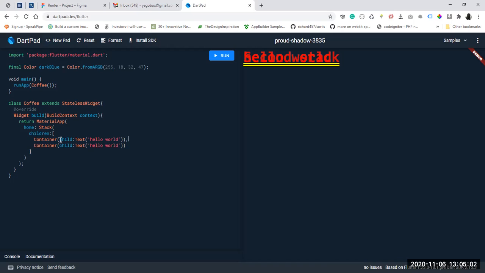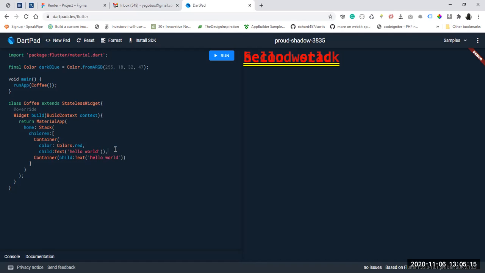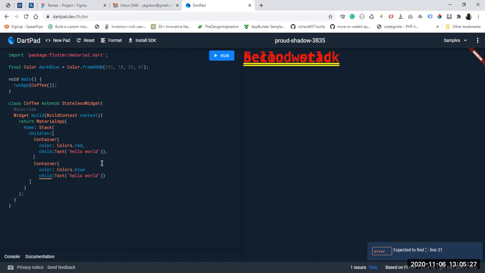So now what do I use, a container? I want to give a container color because our container can take a background, which is a color. So I'm going to give it a color of red, and also come to this second child, come inside the container and also give it a color, and this color is going to be blue, for example. So now let's put the comma there, then run the app again, and at this time you see that we have